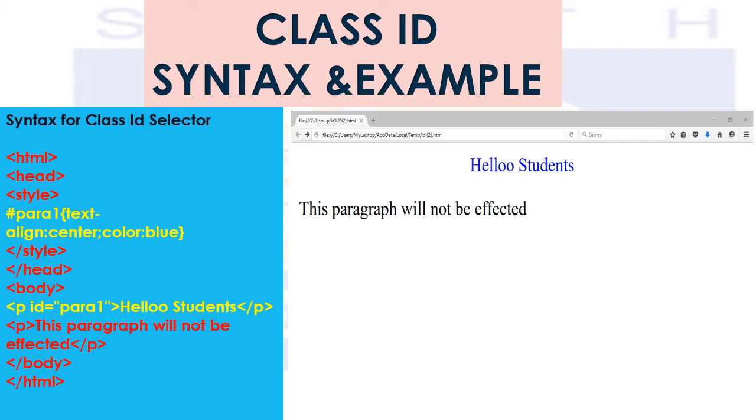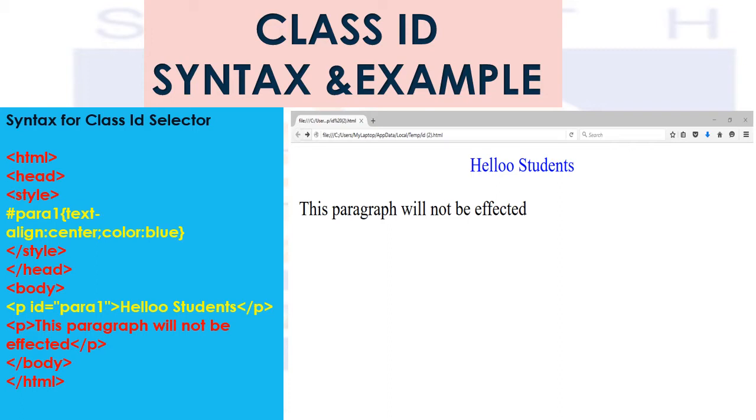After the head tag closes, you can see the body tag. In the body tag, I am giving what has to be written in the paragraph. In the P tag, you have given P, space, ID. This is how you have to use the ID.